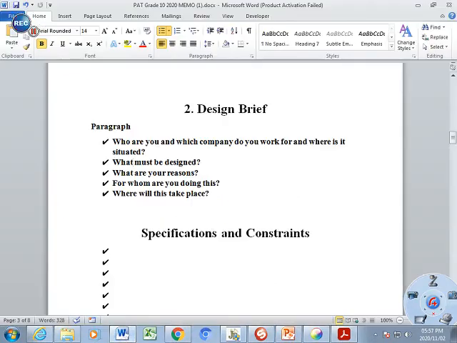And then the next question would be, for whom are you doing this for? And you can make up the client's name. You can use any specific client of your choice. And then also inform us where the client stays and where the construction will take place, and you can make up this. So this entire paragraph is a fictitious paragraph where you have to be very creative in making up the information